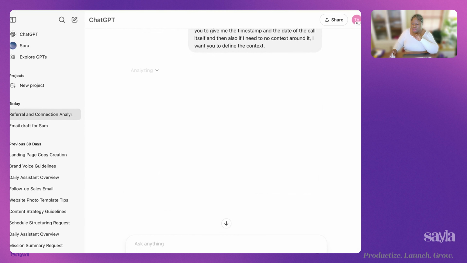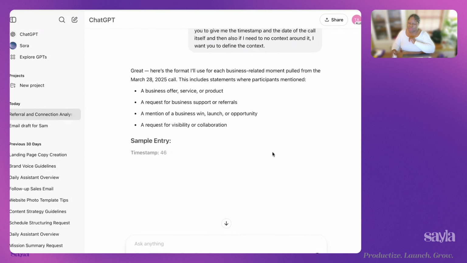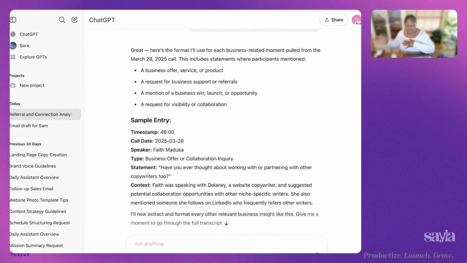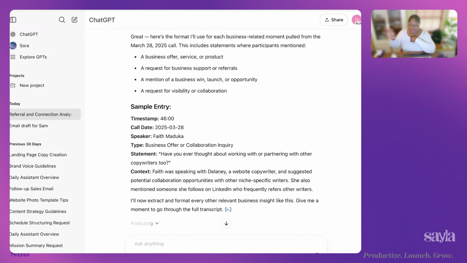So this is going to go now. This should have been a group call for the transcript. As a matter of fact, the file that I gave this has multiple calls in it. So we're going to see how good it is. Technically, it might be better to just give it one, but we'll see what happens here. And ideally, that's how that would probably work. You'd have a group call, you do it after the one call, and then it would make it easier to figure out the call date.